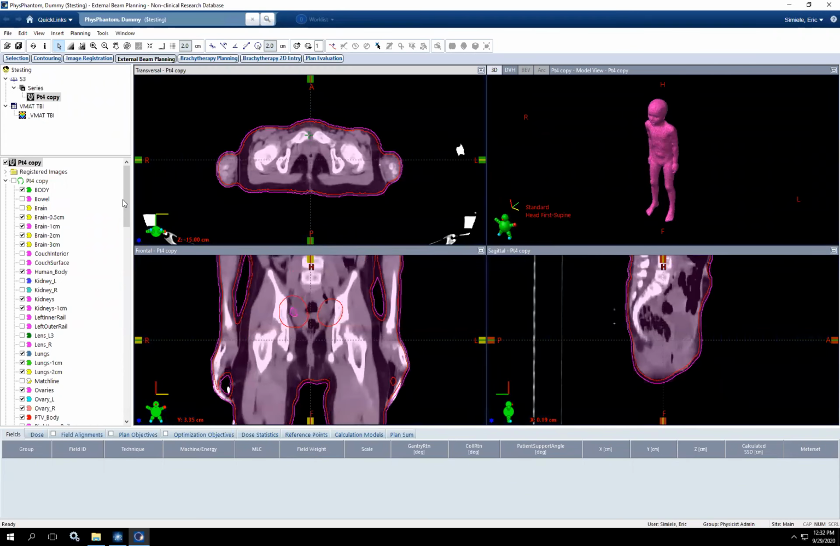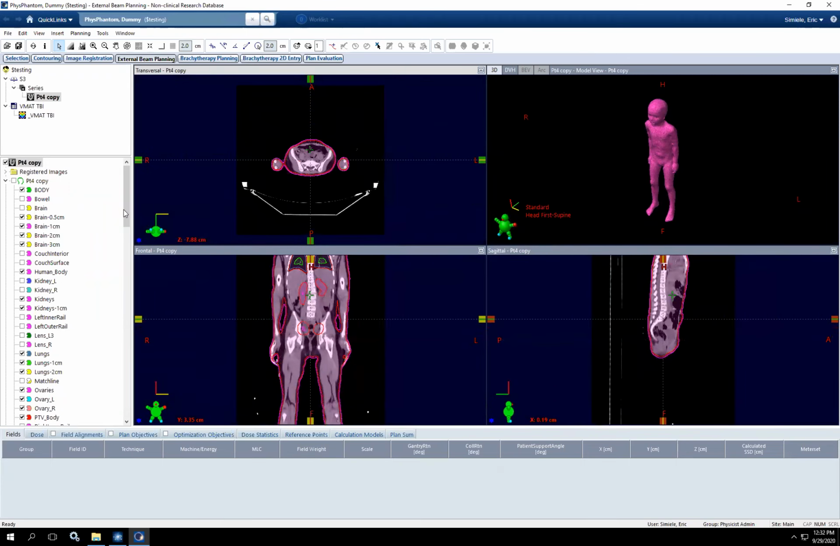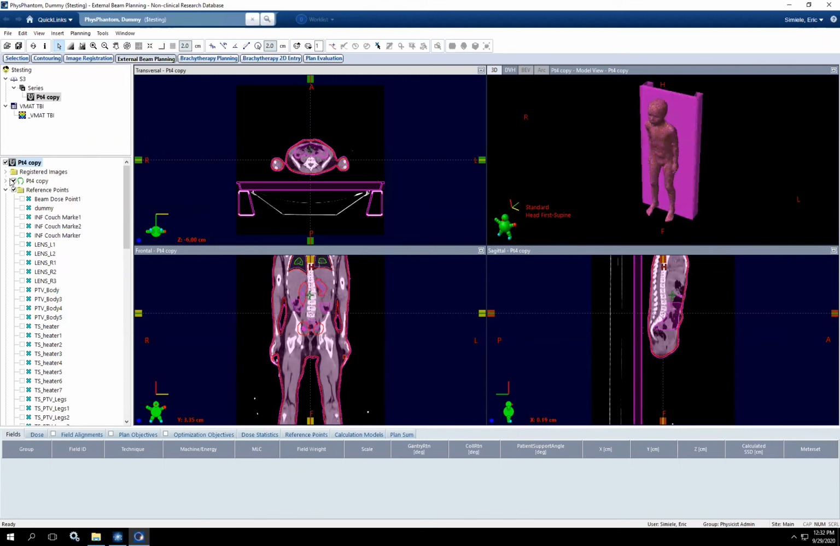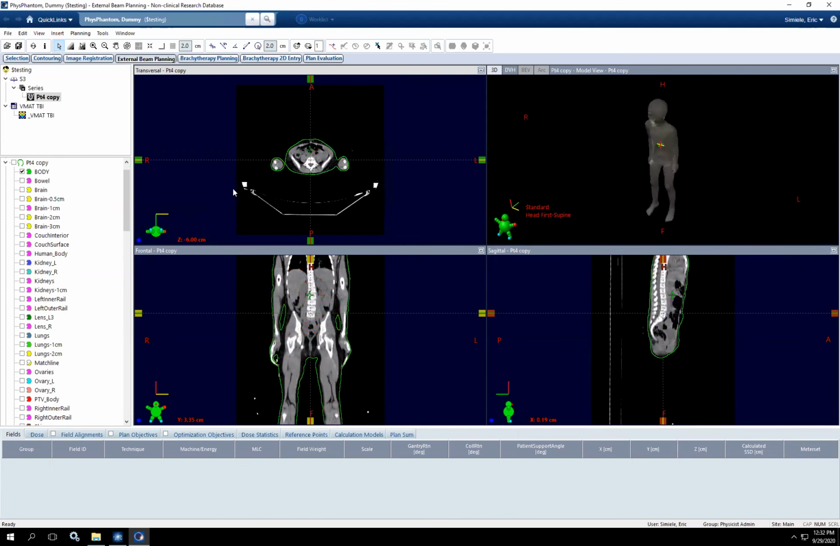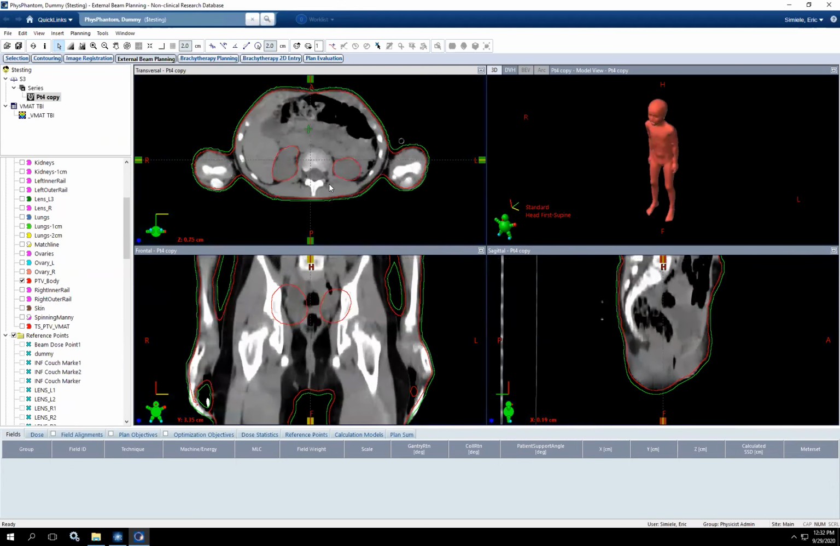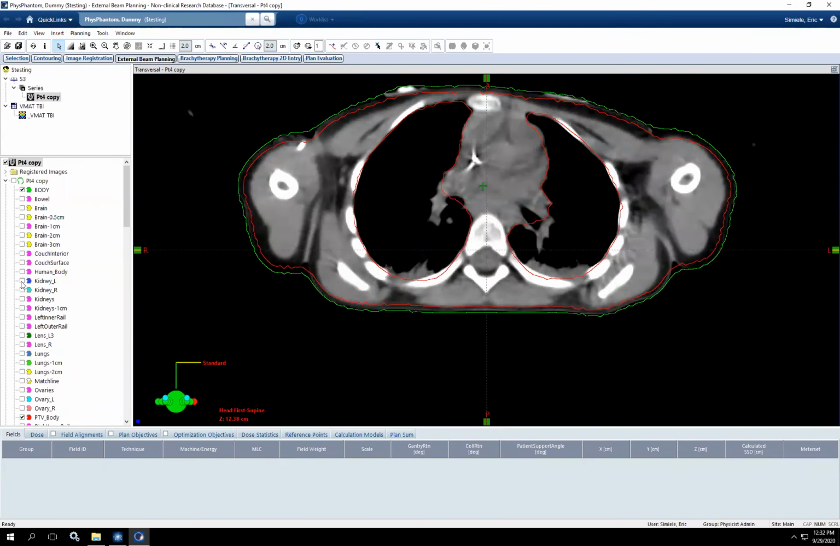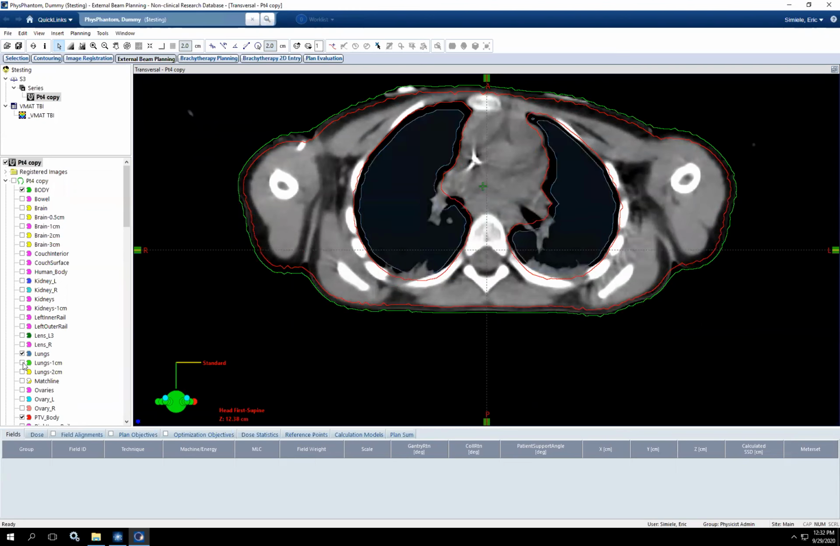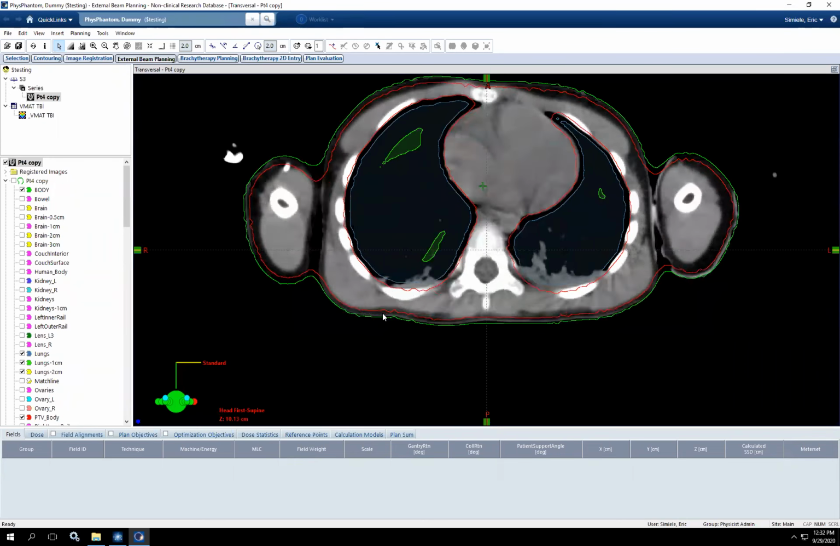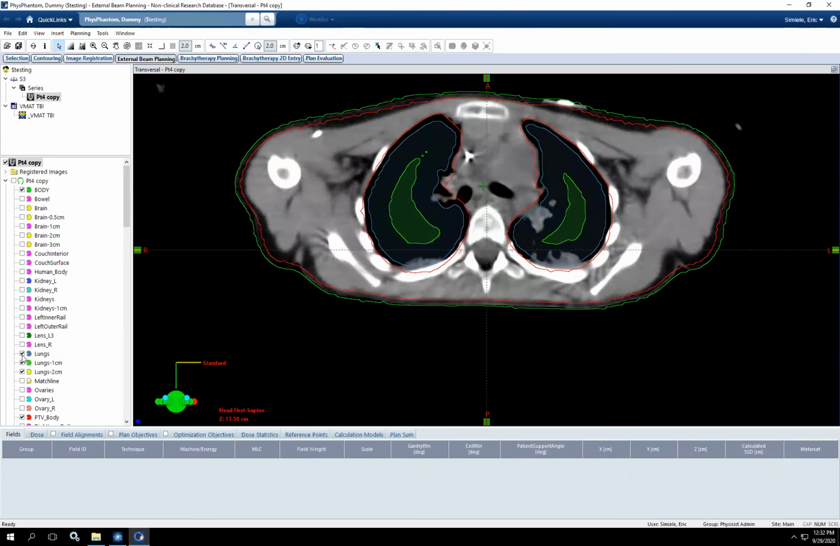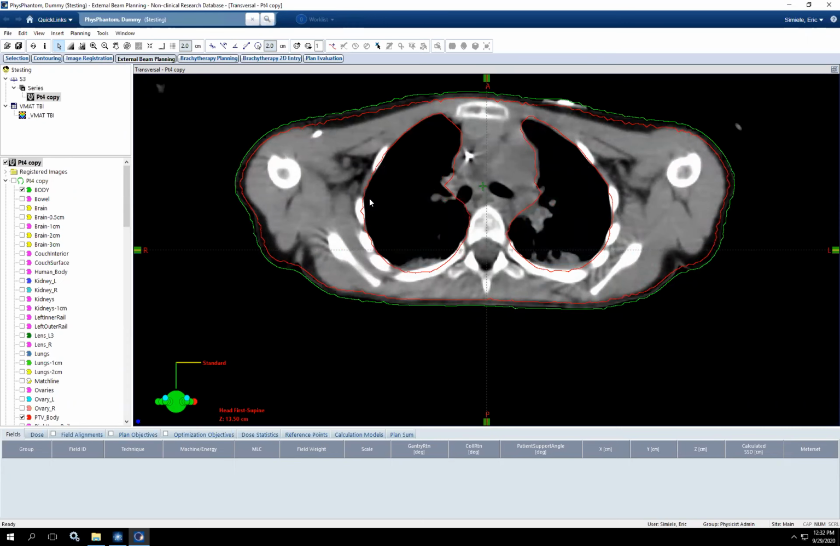we can zoom in a little bit, and we can see that this was our original body structure. It created our target structure, 3 millimeter inner margin, and also, for example, generated lungs with different inner margins. So now that we have this,